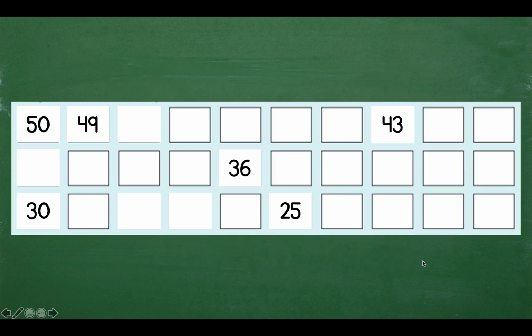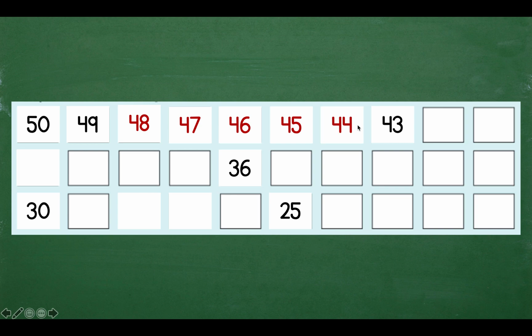Now let's try counting backwards. So we're starting at 50. We know that the number that comes before 50, if we're counting forwards, is 49. And we're going to do the same thing. You're going to think about what number comes next. So we have 50, 49, 48, 47, 46,